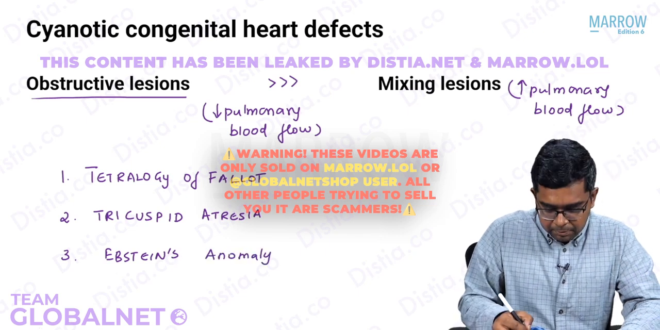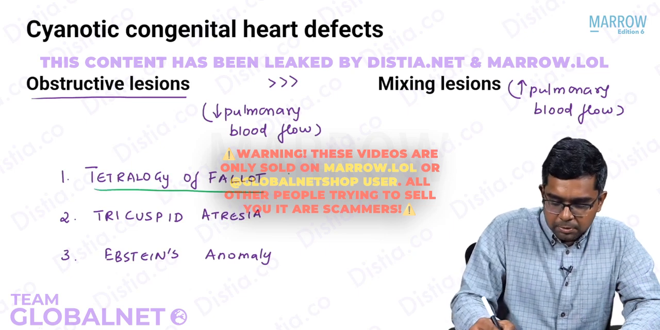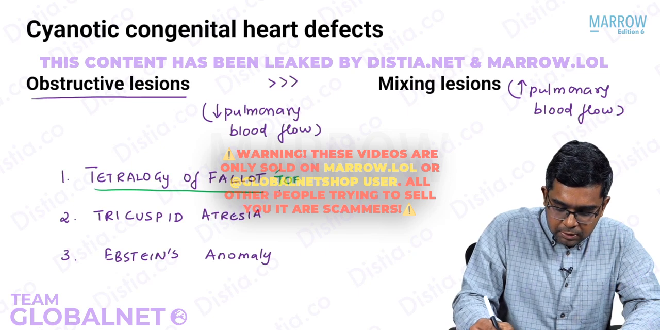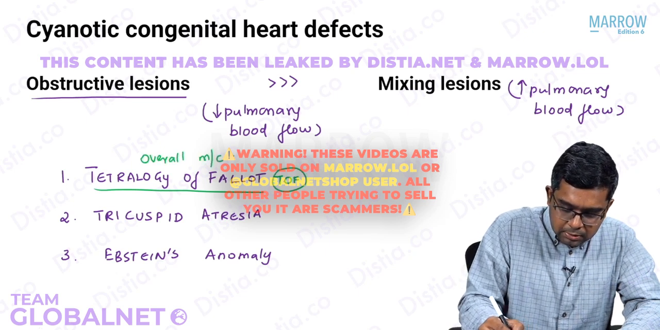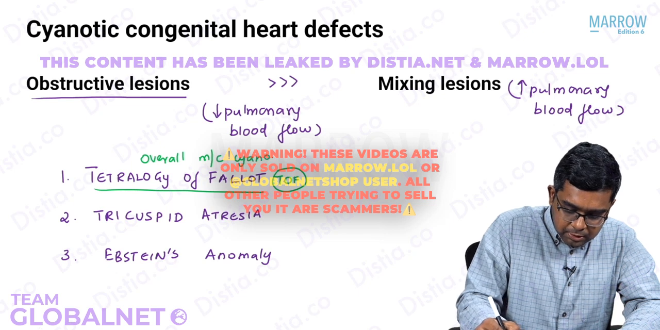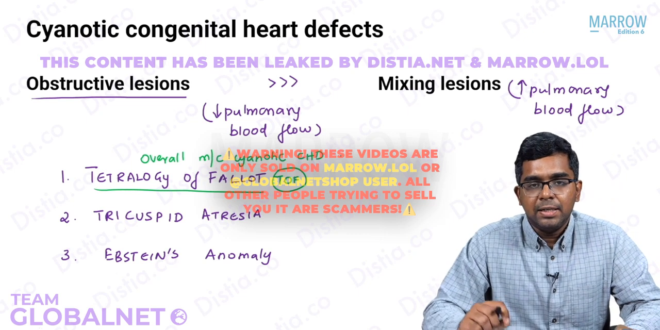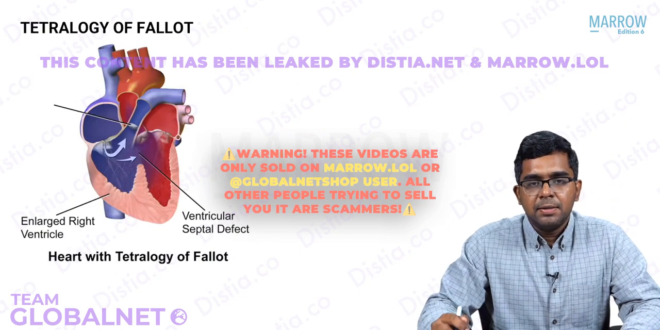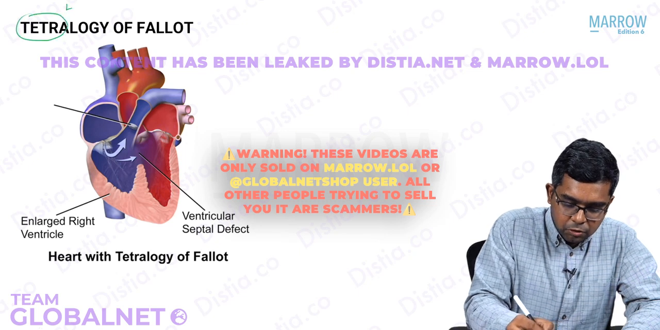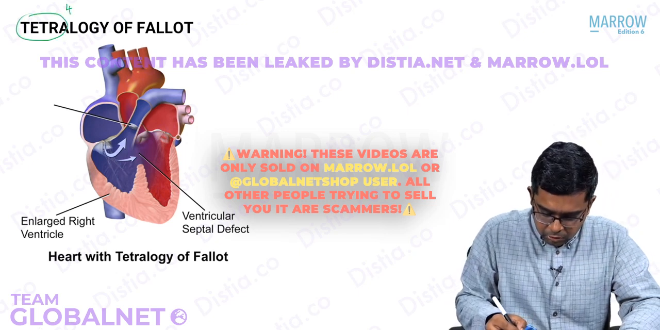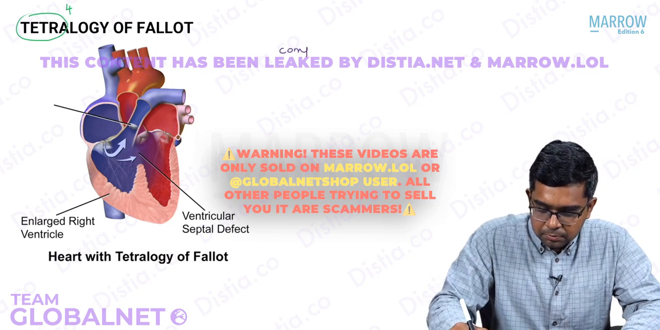And as I have said before, the tetralogy of Fallot, or what is remembered in short form as TOF, is the overall most common cyanotic congenital heart disease. So let us discuss this category in detail first. As the name suggests, tetralogy refers to tetra, which is 4 components. So definitely there would be 4 components in tetralogy of Fallot, which includes